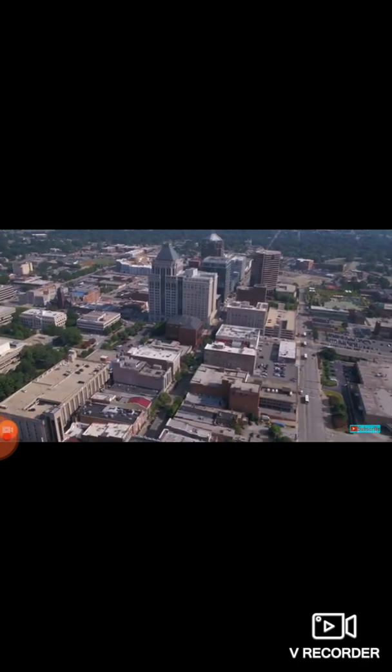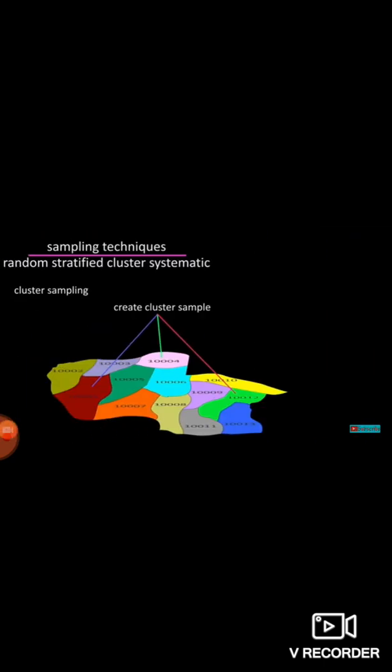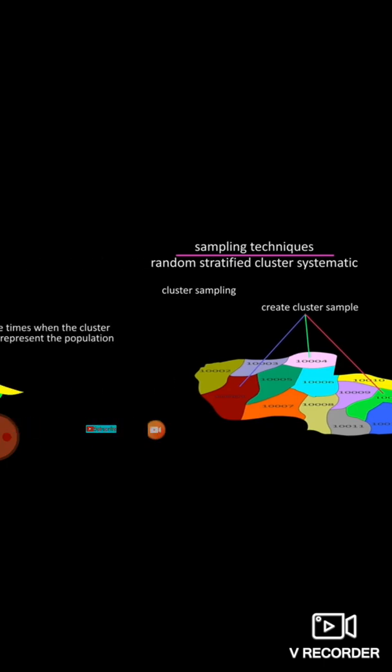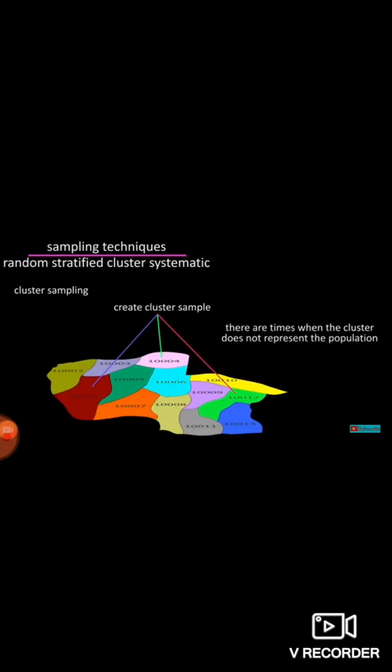For example, this is a particular area where we want to know how many small businesses are there. So we divide the area according to different time zones, the clusters. And out of all these zones, we randomly select 3 zones. But what happens at times, this is not